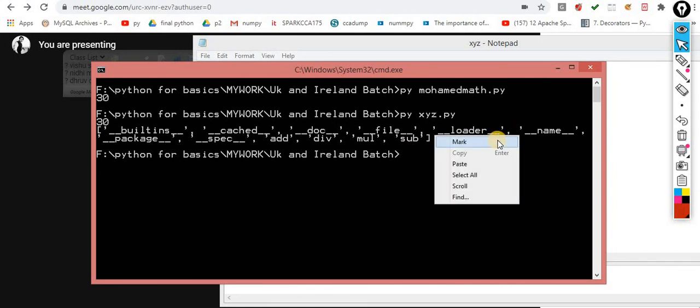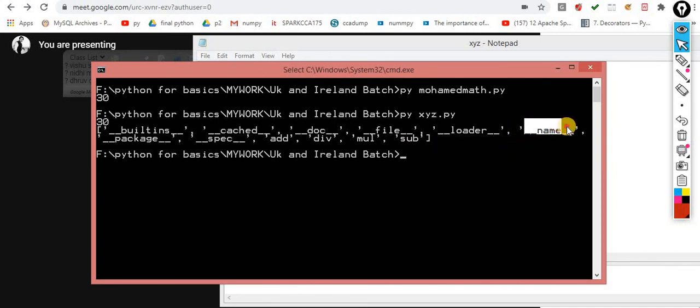The important one here is the name variable, underscore name. You can check that whatever functions we define, add, div, mul, sub, are listed. I am talking specifically about underscore name underscore, and I am using this one.